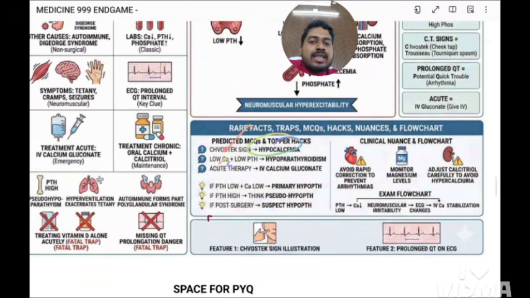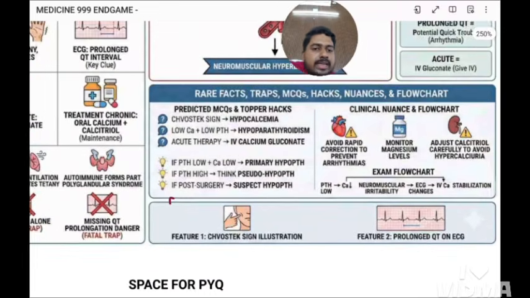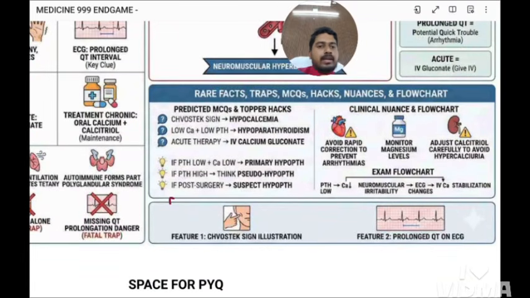Yes, Chvostek sign is seen in hypocalcemia. Low calcium and low PTH means that is hypoparathyroidism. Acute therapy we had discussed. See, if PTH is low and calcium is low, primary hypoparathyroidism. If PTH is high, calcium is low and phosphate is high, that means it is pseudohypoparathyroidism. Next, avoid rapid correction of calcium to prevent arrhythmia and cardiac arrest, and monitor magnesium levels also,